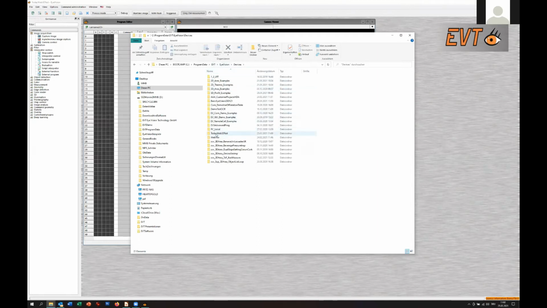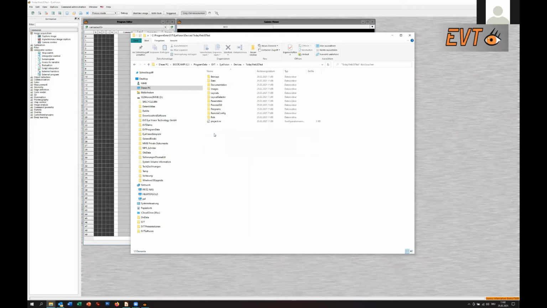And of course, here we find the Today Web 3D test. This is a project we have. And if we open it up, and that's the important thing, you find here a set of folders. And this set of folders contains everything of your project. That means if you send us a project, we can open it also on our side and can see,